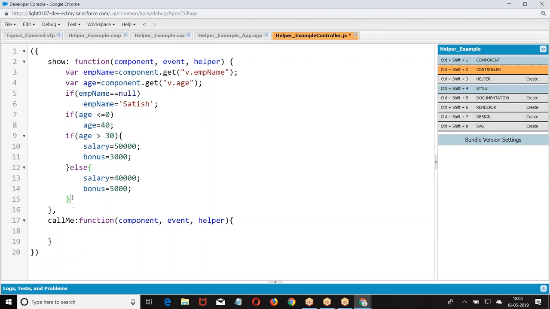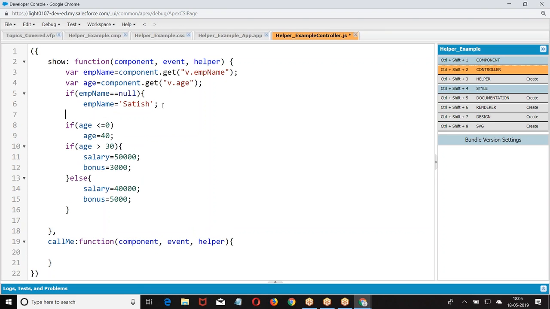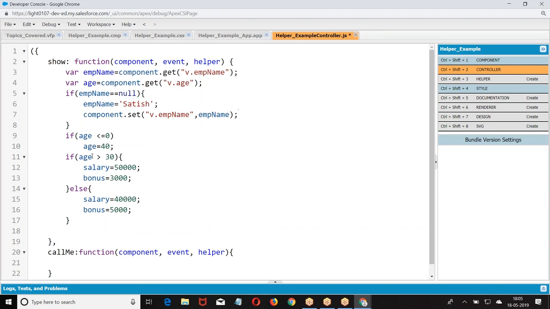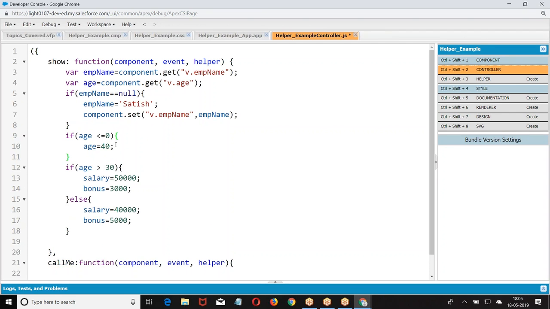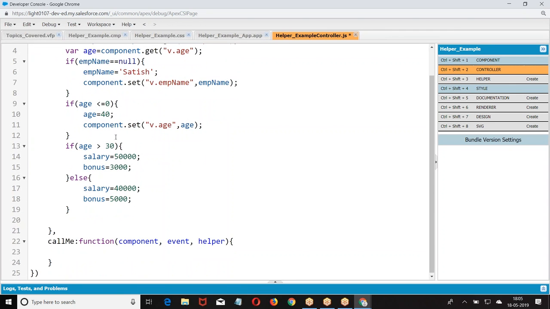Then here, what was I supposed to do? Component dot set v dot, set v dot, else if you got it.